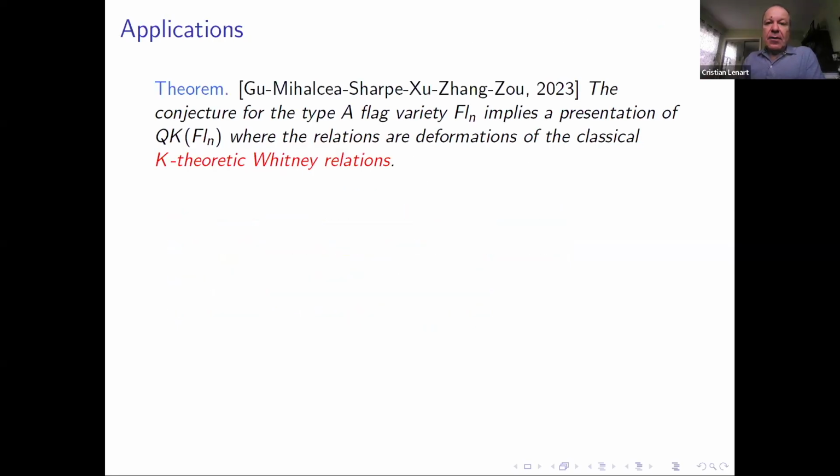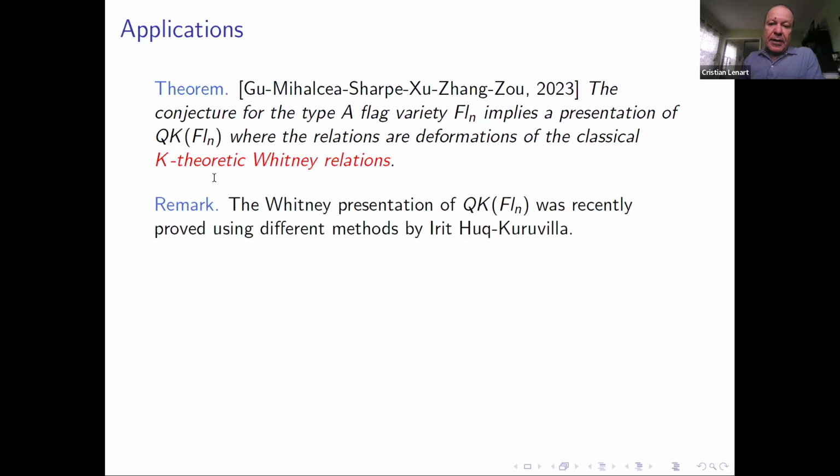So then, applications of this conjecture that's now proved in full generality. Recently, not so long ago, these people showed that if this conjecture is true for the type A flag variety, which now we know is true, it implies a presentation for the quantum K-theory of the flag variety, which is different from the one I showed you here. In some sense, it's more natural because the ideal is given by deformations of the classical K-theoretic Whitney relations. But this Whitney presentation was also recently proved by different methods